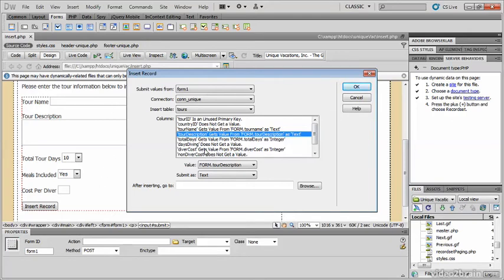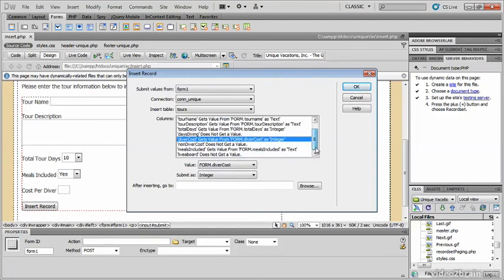So we'll just make sure all of these are correct. Days diving, no, that's not in our form. Now, normally you would create a form that has all of these fields. It's just for this course I was not, to save you some time. Diver cost, form diver cost. Non-diver, we don't have that in our form. And meals included is correct. So it looks like everything matched up correctly.